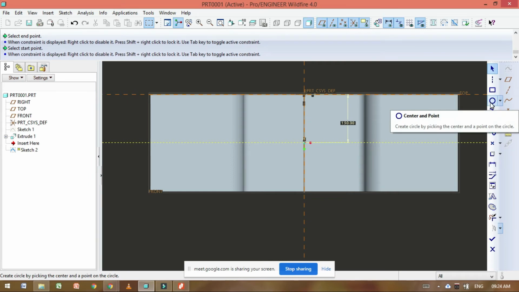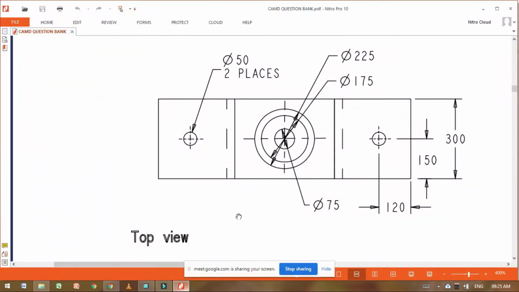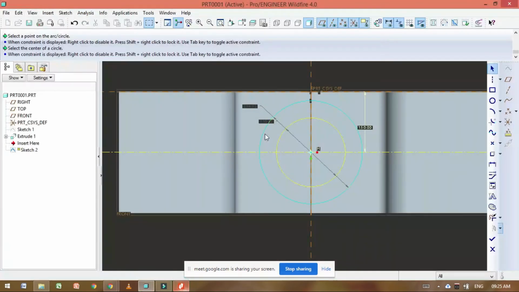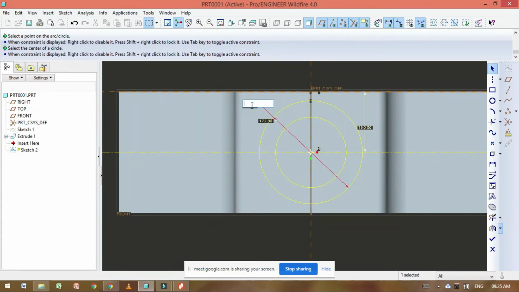Now here, center point. I am going to draw the circle here. So I am selecting this first type of circle, center point. Then I want another circle, and now I am going to give the diameters. Go here. So diameters are 175 and 225. So internal is 175, outside is, press the middle button, we can see. Then double click, outside is 225. Double click, 225. Okay. Then click on done.